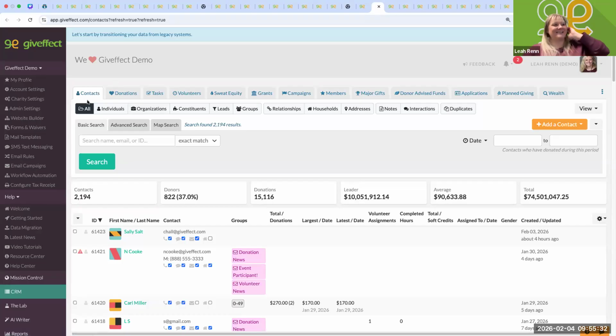Here we are in the Giveffect demo, and we are in the contacts CRM part. You can see before I even do anything, I have my scoreboard. So I don't even have to run a report when I'm asked, hey, Leah, how many donors do we have? What's our donor conversion rate? Well, hi board, right? I've got